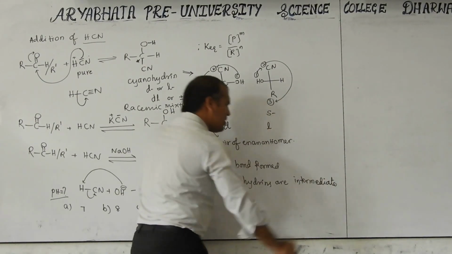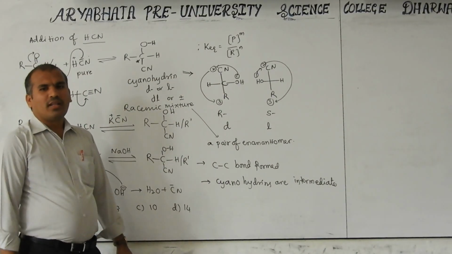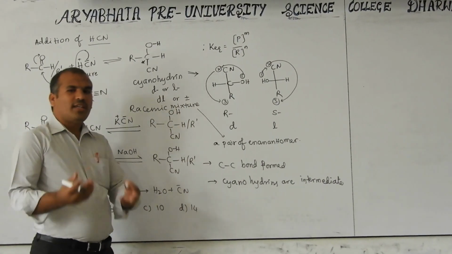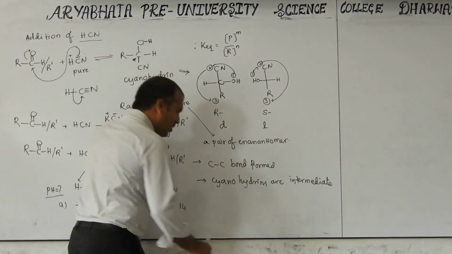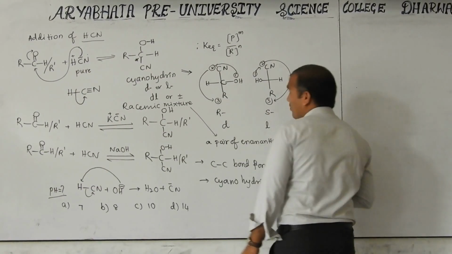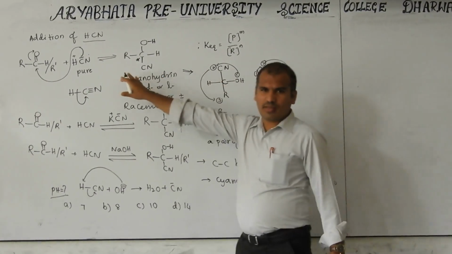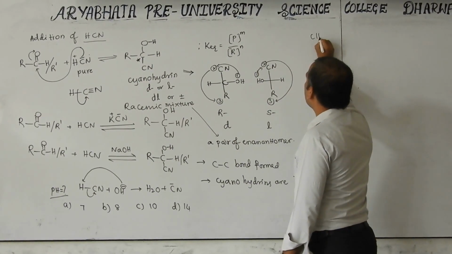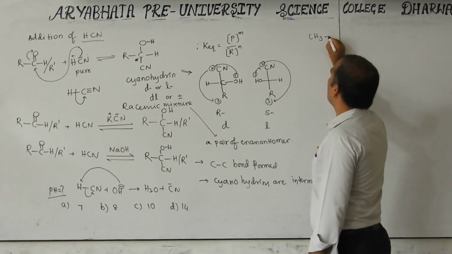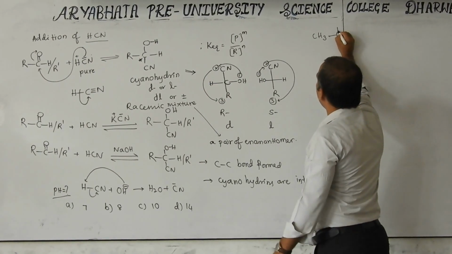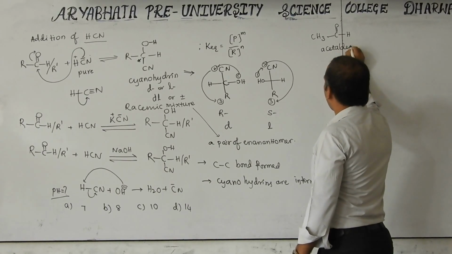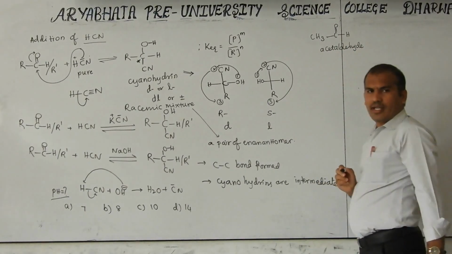In the textbook, everything is very clearly given, but in the form of paragraphs, so you will not find the exact point. If it is given as a list, it is easy for you. Cyanohydrins are intermediates for some other product formation. So I will show how it is an intermediate. Now I am taking this example. R means I want to take CH3. In the examination, if you don't know this general form, you can write this form also in PUC. R means CH3, C double bond O, H. This is called acetaldehyde.